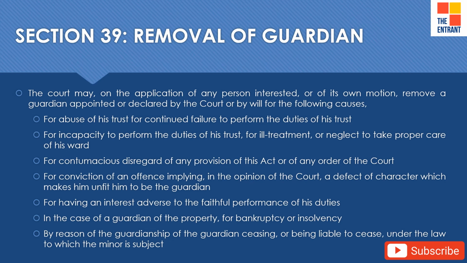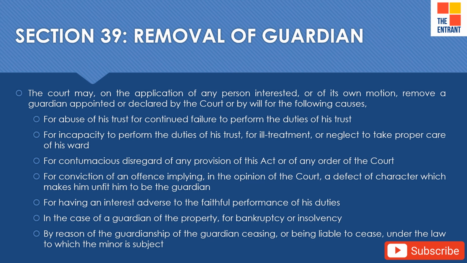Section 39 of the Act deals with the removal of the guardian. The court may, on the application of any person interested, or of its own motion, remove a guardian appointed or declared by the court or by will or any other instrument for the following causes: for the abuse of his trust or for continued failure to perform the duties of his trust, for incapacity to perform duties of his trust, for ill treatment or neglect to take proper care of his ward, for continuous disregard for any provision of this Act or for any order of the court,